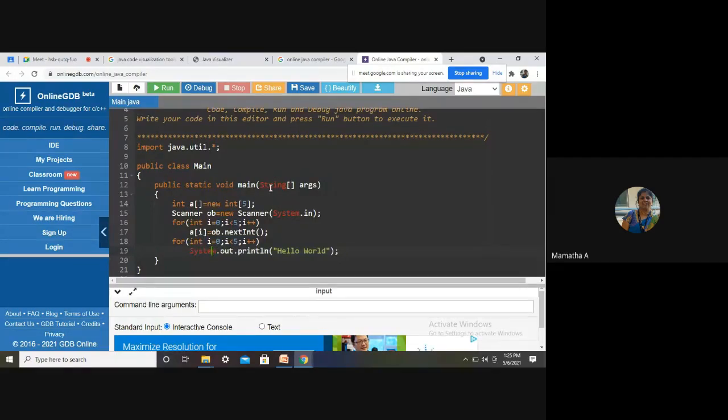System.out.println. Okay. What should I print here? What value should I print, students? What should I print in the for loop?